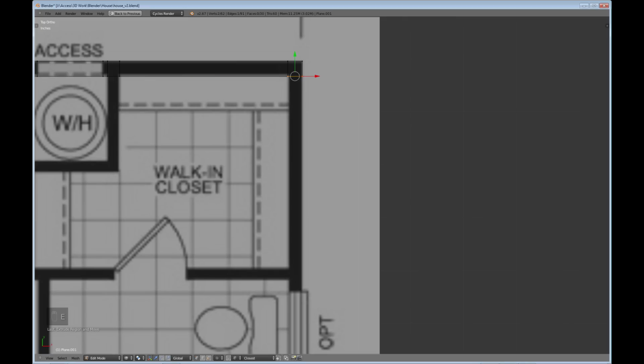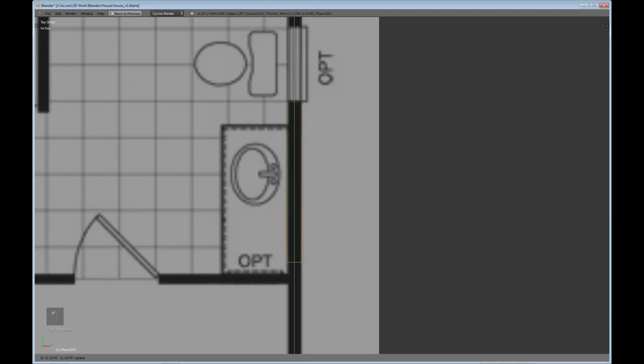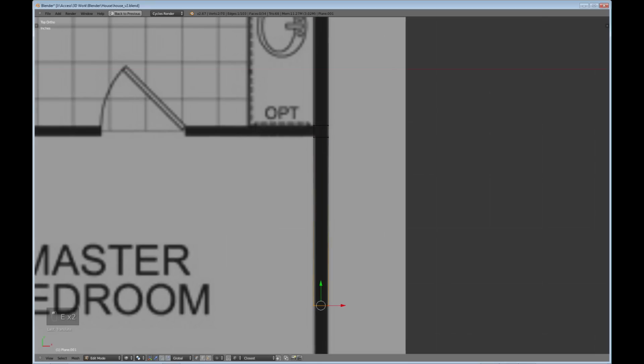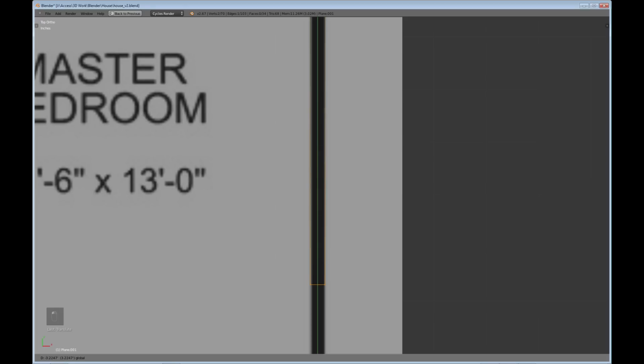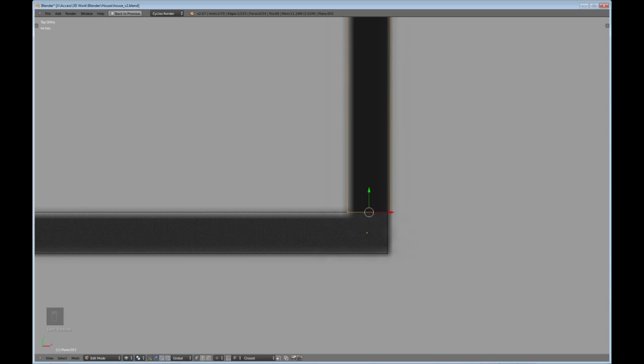So E extrude along the Y, E extrude, E extrude, that's a window, so I don't really care. I'm gonna go right over it down to this wall, E extrude, and all the way back down to the bottom. And looks like one thing I forgot to do right here is I didn't stop my extrusion right there. So